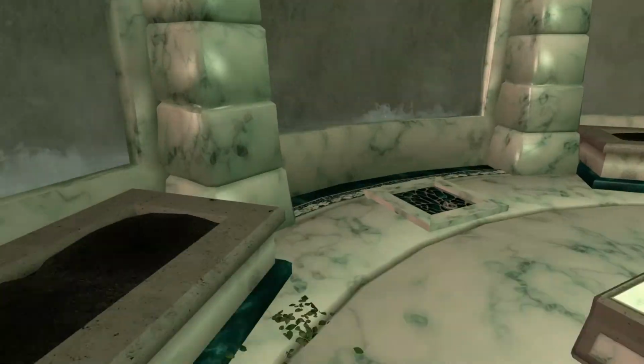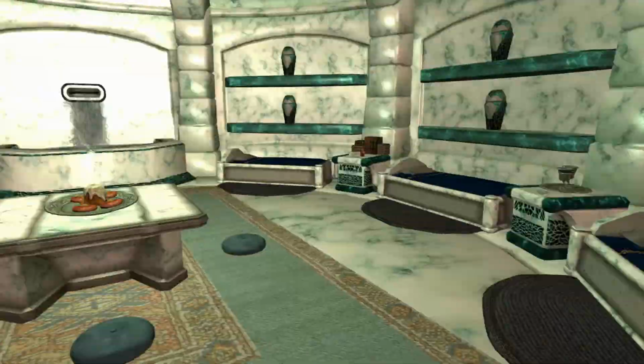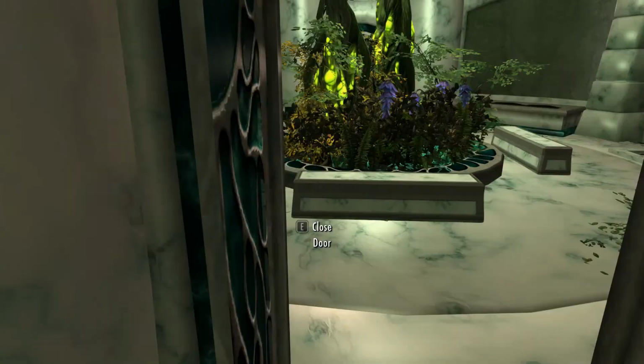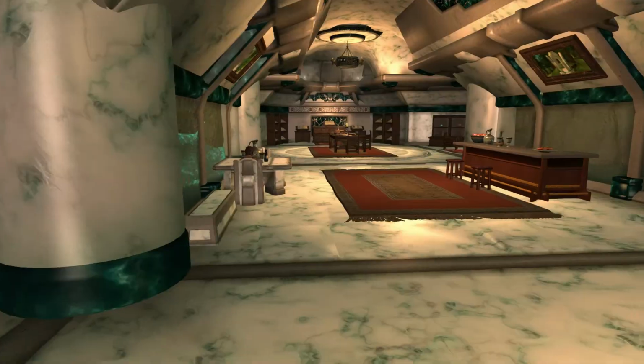Yeah. So you want your own followers. Yeah, you have beds for your followers down here, it looks like. You have your own bed upstairs, you have beds for followers down here. The storage that...